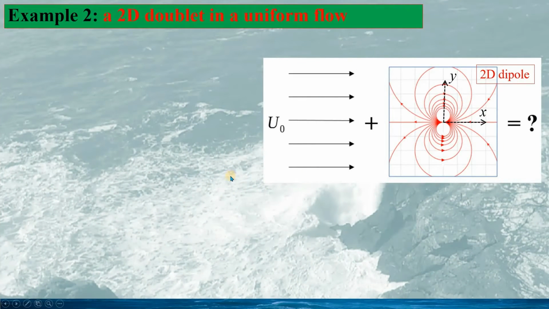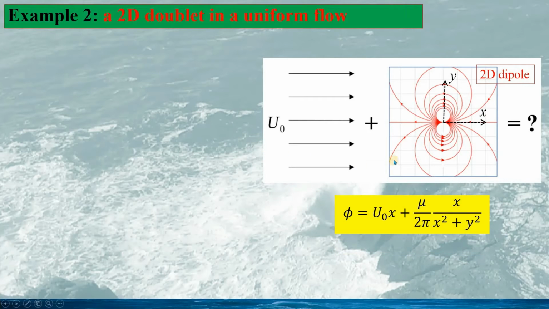The second example is a 2D doublet, or 2D dipole, in a uniform flow. See this plot, and we will see what kind of flow we can get for these combinations. Again, based on the superposition principle, the total potential function phi would be given as this. This part is the velocity potential function for the uniform flow, and this part is the velocity potential function for